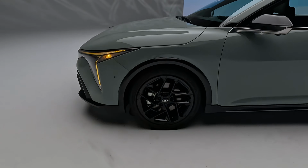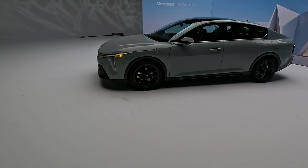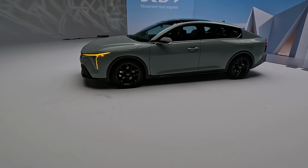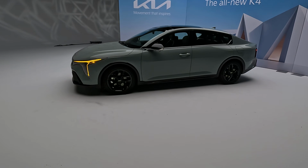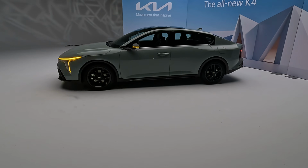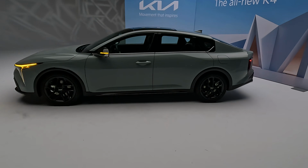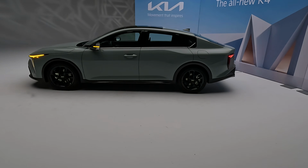We do get black wheel arches and black lower valences on this one, which is something you really see on SUVs and crossovers. Interesting that they bring that here to a sedan. I guess they're wanting to show it's more sporty and athletic. They're trying to bridge that gap because a lot of people are going to crossover segments, but there's still a lot of appeal to sedans just for their affordability. Less materials means